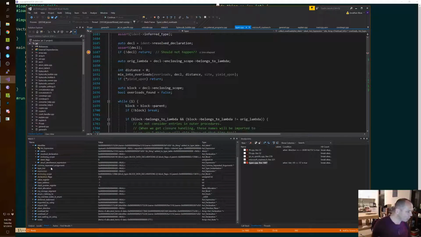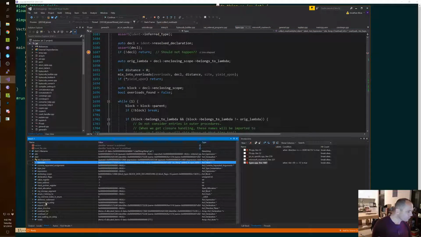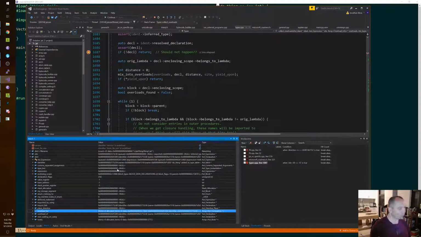So I want to look at the overload values here. It has an overload list with 4 things in it. So I'm a little bit confused because I thought that we weren't doing that, but apparently we are.